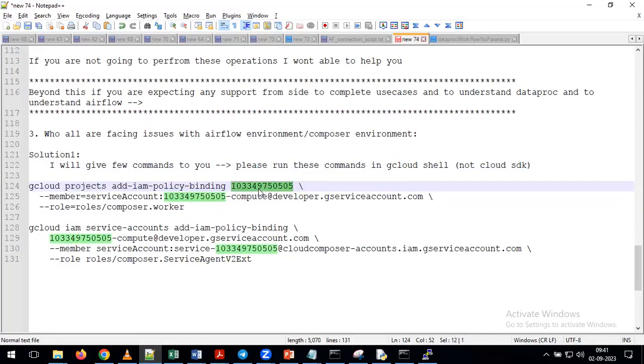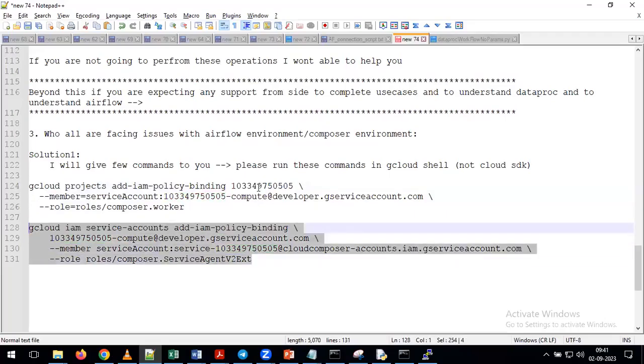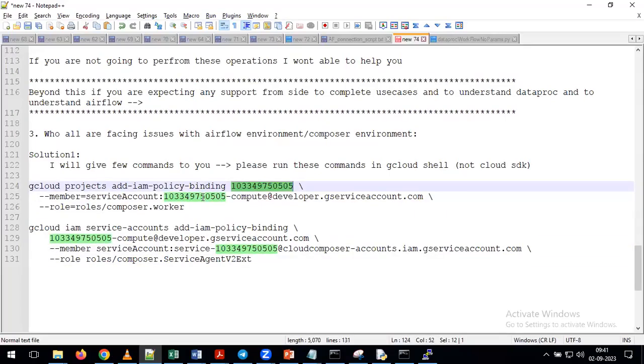Please go to the console. In the console, you can see your project ID. So please take the project ID number or project number ID. That number you need to change here. In how many places we have to change? This is the command 1 and this is the command 2. In the command 1, 2 places we have to change this number. In the command 2 also we have to change this number at the 2 places, and don't run both the